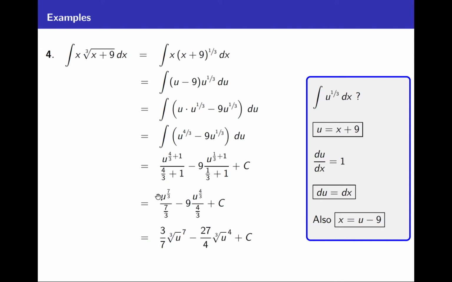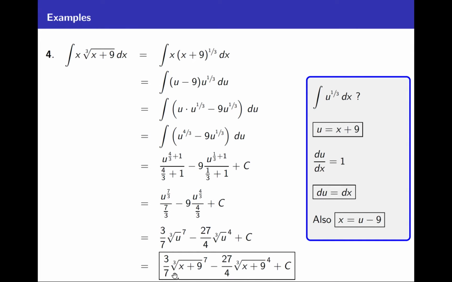Reciprocating the bottoms, multiplying times the tops, and converting these fractional powers back to radicals, we get 3/7 cube root of u to the 7th minus 27 over 4 cube root of u to the 4th plus c. And finally, to get our answer, we change that u back to an x plus 9. So here's our answer. The integral that we were looking for was 3/7 cube root of x plus 9, whole thing to the power of 7,